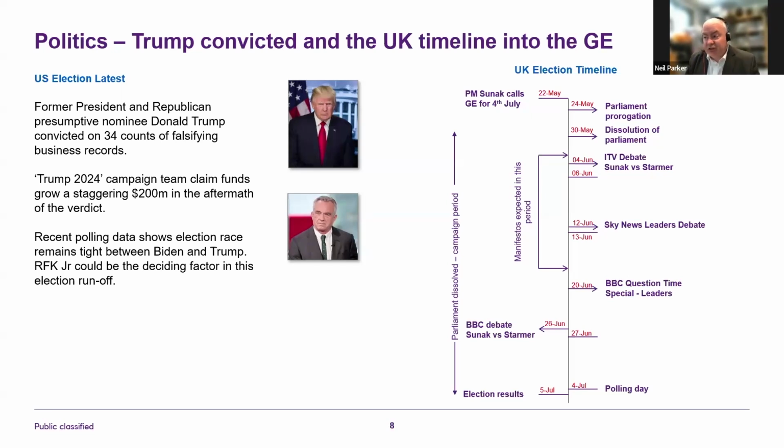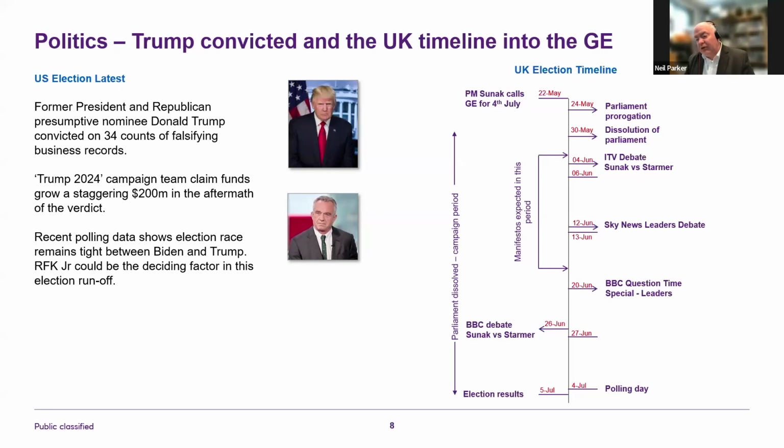So it'll be interesting to see whether he persists in this race throughout the remainder of the race, or whether he drops out at a later point. The other interesting thing about the US elections is that clearly, and this links back to the last slide, the prospects of interest rate cuts have faded. I think that will undermine the chances of a material improvement in the US economy heading into that November 5th